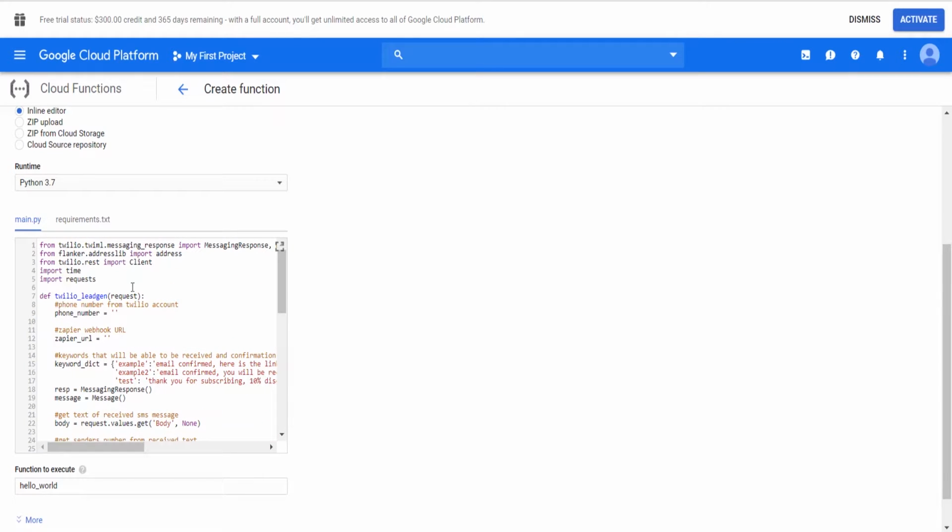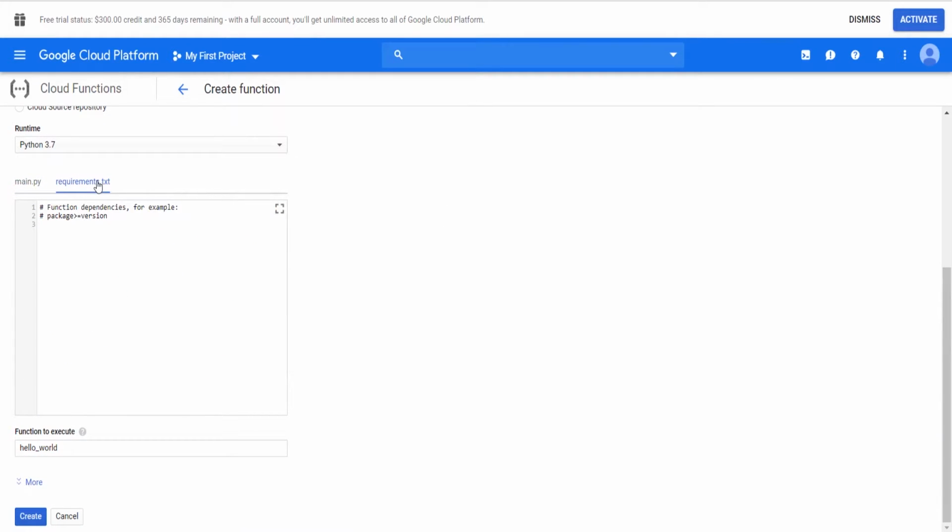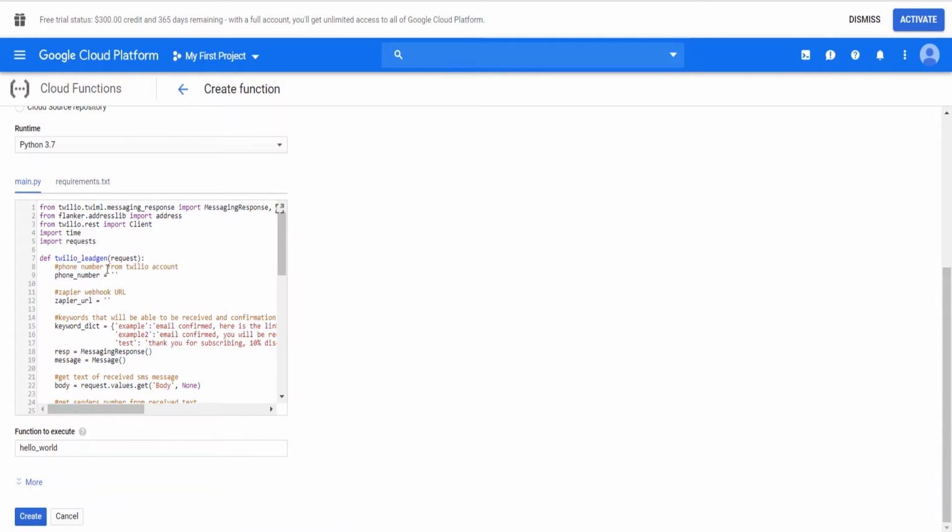And then we also need to grab our requirements. So just delete those comments out of there, and what we want to put in here is flanker, Twilio, and requests. And then we also want to change this function to execute. We want to change it to Twilio lead gen, so just copy that,